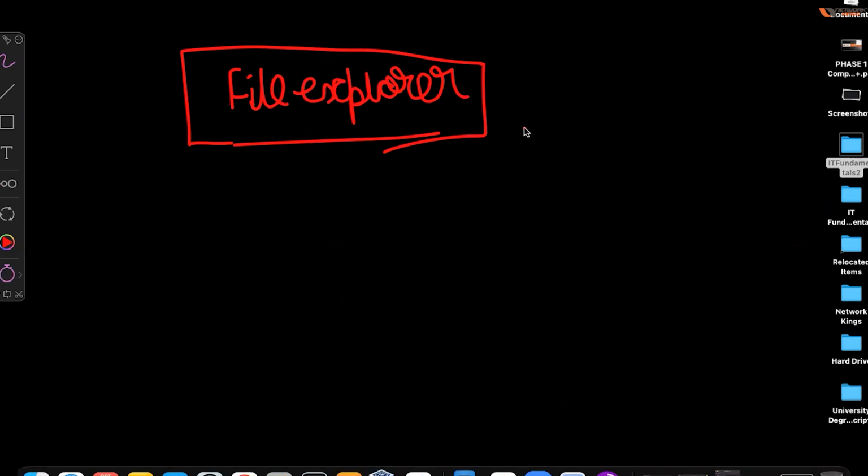Now, what if you open your Google Drive? वहां पे क्या होता है? Same है ना? That's also a file manager. That's also a file management tool, right? Launchpad. Launchpad is not going to be exactly a file management tool. Okay, file management tool Mazar is going to be your Finder. Okay, because on your launchpad you will be able to see just the applications, not your individual files and folders.